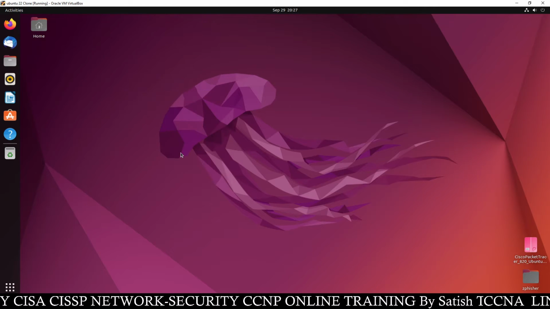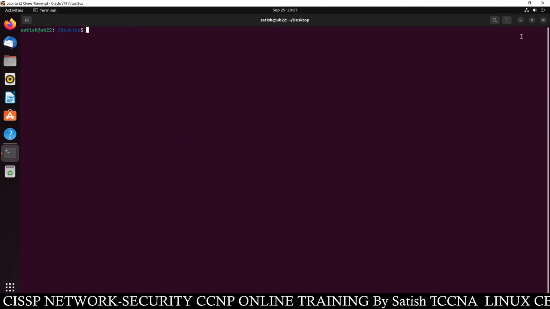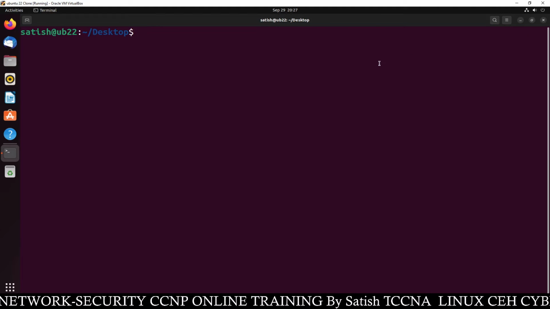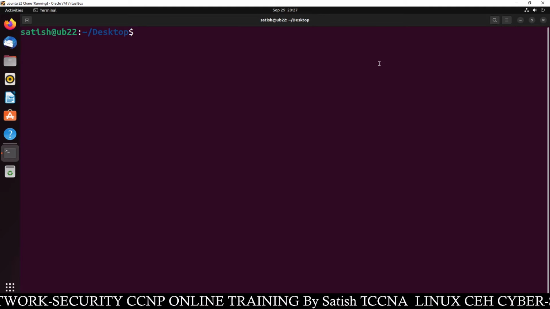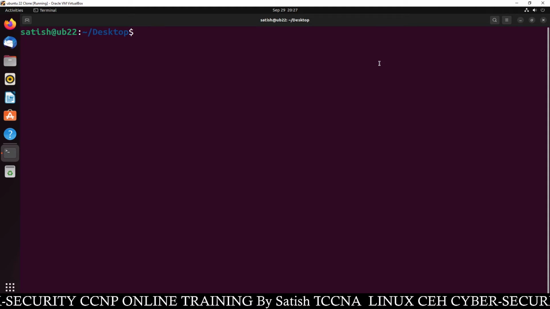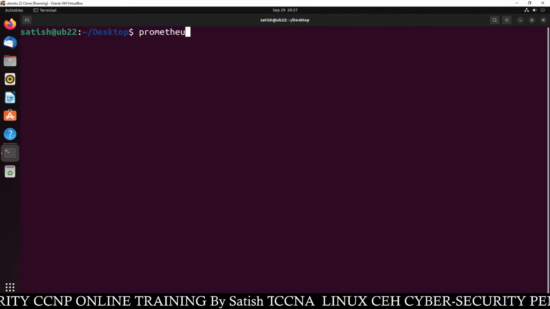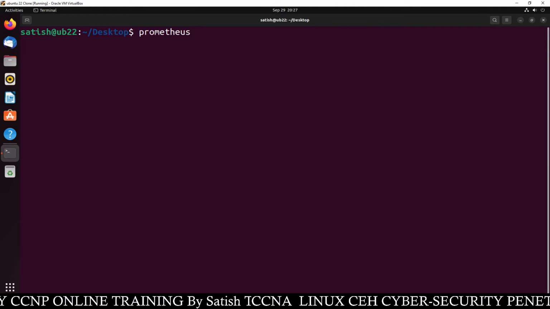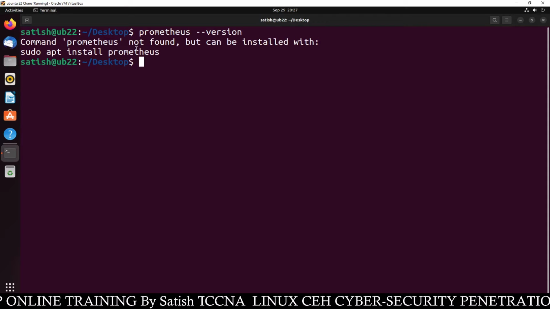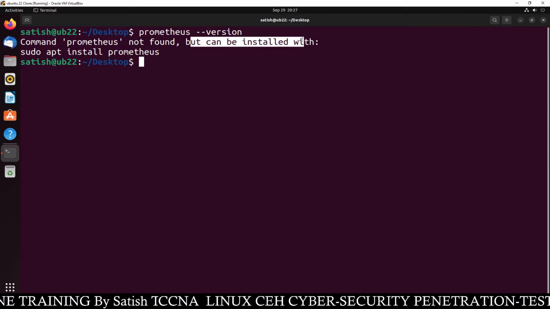So let's start the terminal. So I just open the terminal. I'm going to zoom it. So let's zoom this terminal. Okay, after this, what you need to do, we need to check whether this Prometheus software is already installed or not. So just check it by running this command, prometheus --version, and it's telling that command not found, but it can be installed with